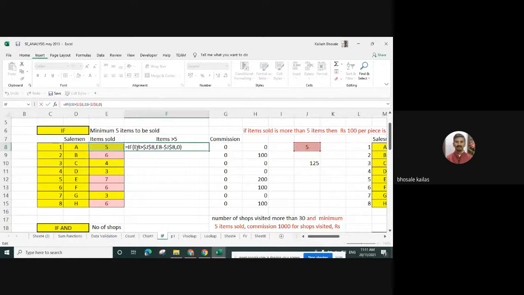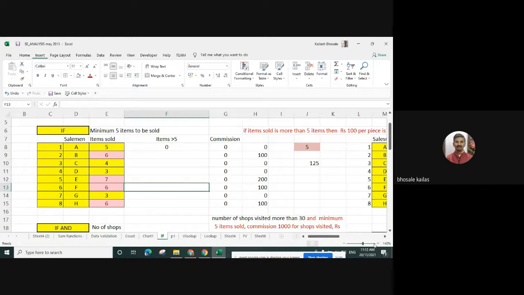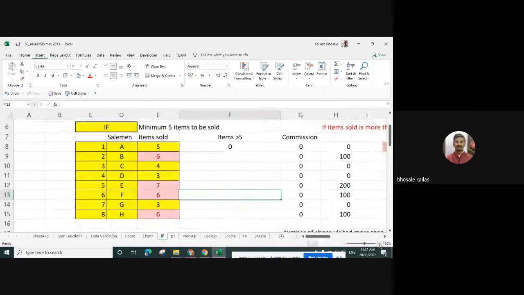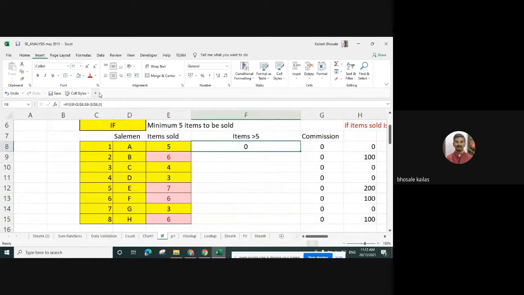If E8 value is greater than J8, so before the J letter and 8 number, we use the dollar sign. Your formula will look like this one.